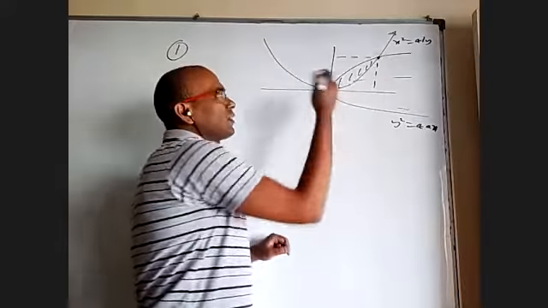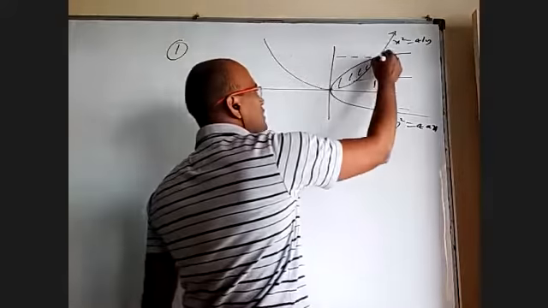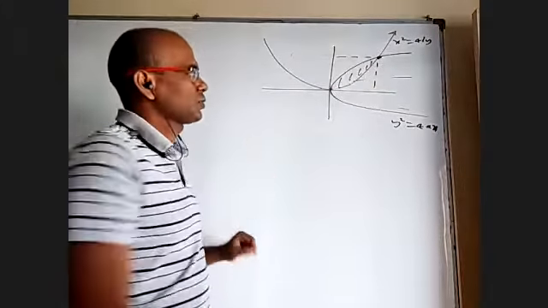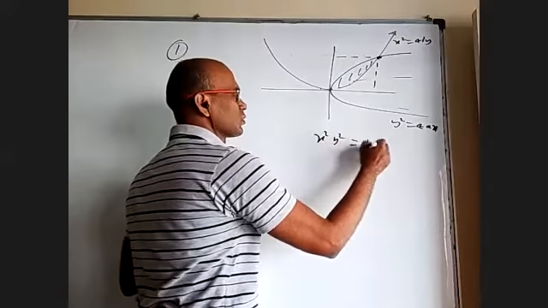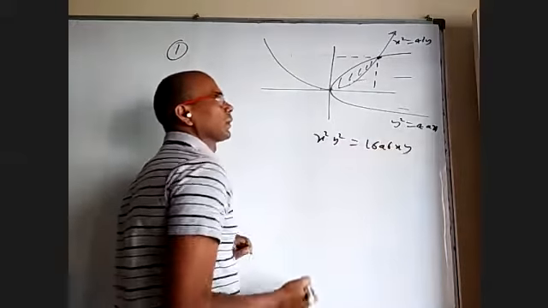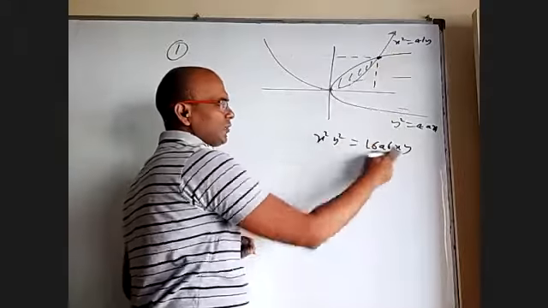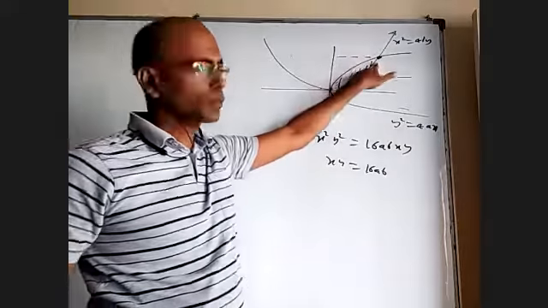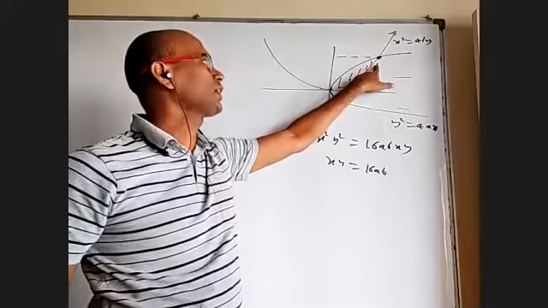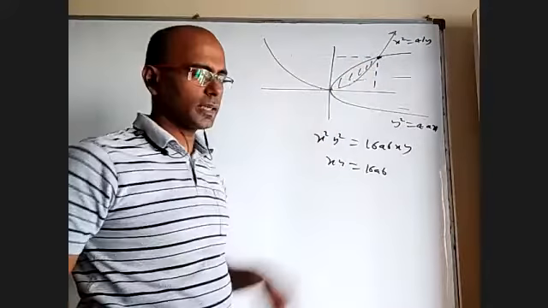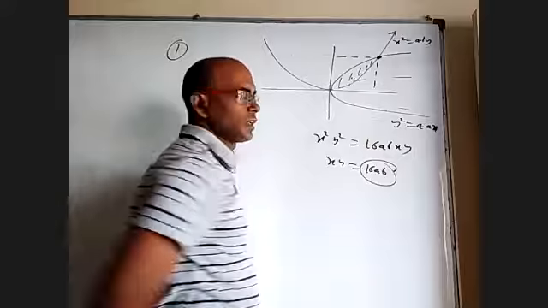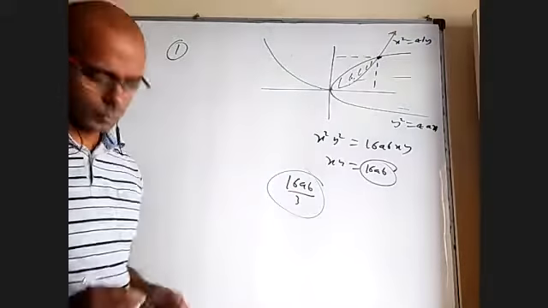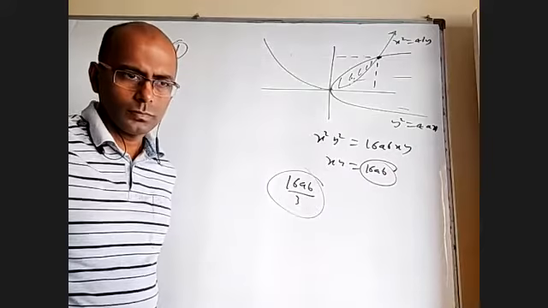But how will you find the area of the rectangle? I want to find this point by solving these two. Directly multiply these two, you'll get x square y square equal to 16ab xy, LHS multiplied by RHS. When you cancel xy, you'll get xy equal to 16ab. I may not know what the x coordinate and y coordinate are here. I can find them if required, but I don't need to. x into y will be the area of the rectangle, 16ab. This will be 1/3 of that. That's it. 16ab by 3 is the answer. Is it clear? Yes, sir.